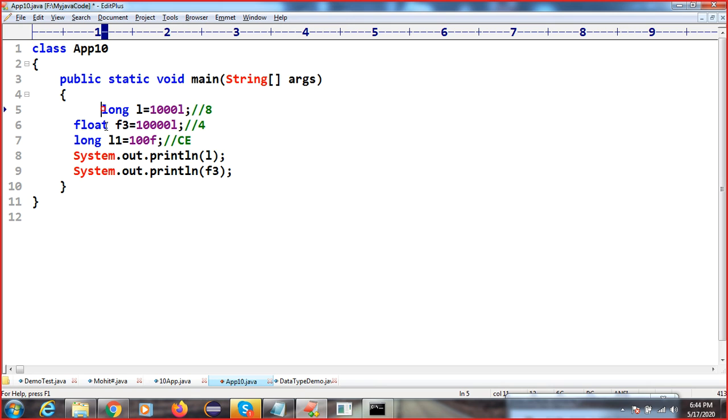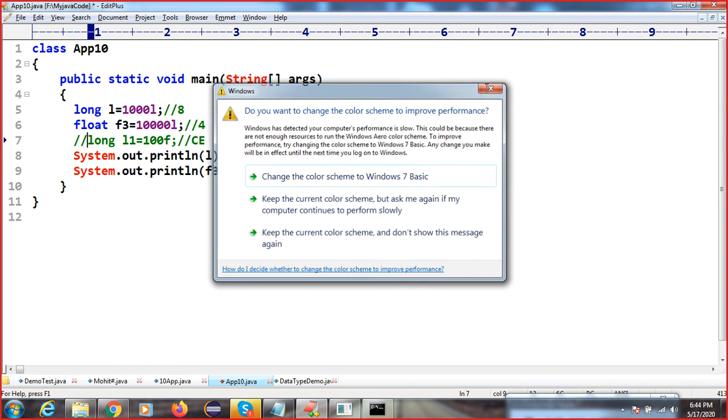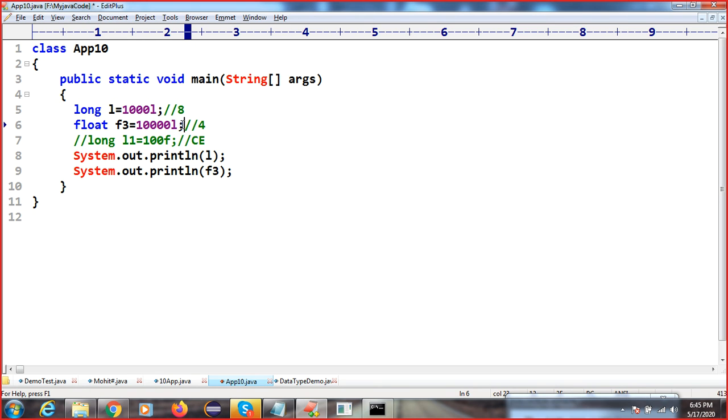As per the concept, long has 8 bytes and float has 4 bytes. Here I stored a long value in long, that is fine, no problem. L means long type. But in the float I stored a long again, right?